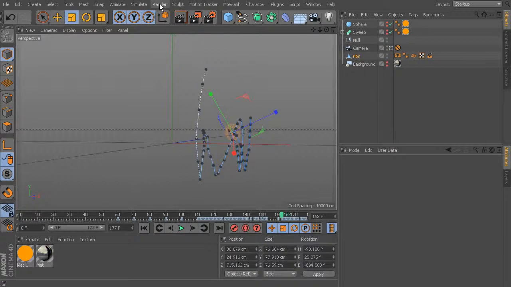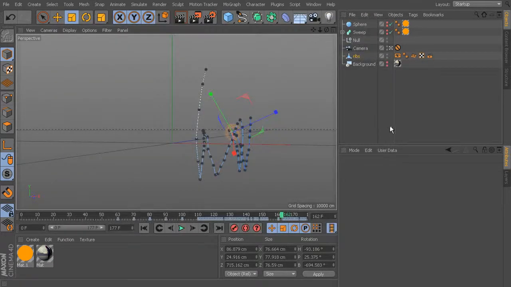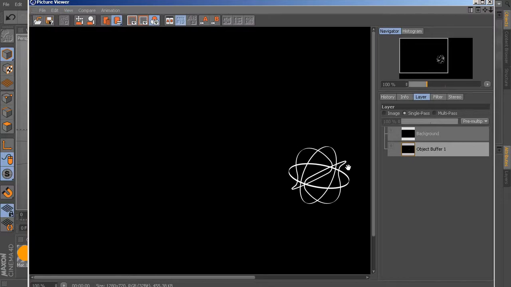Now, let's go into our render settings, and I'm going to uncheck the save, and in my output I'm going to switch it to current frame, and let's just see what happens if we just render this really quickly to just the picture viewer. So I'll hit Shift R, and you can see the issue that we've got,